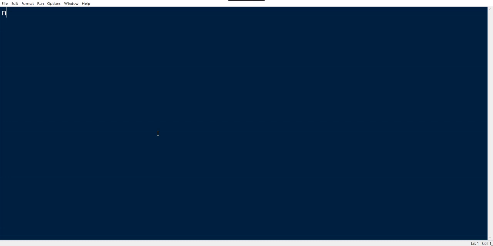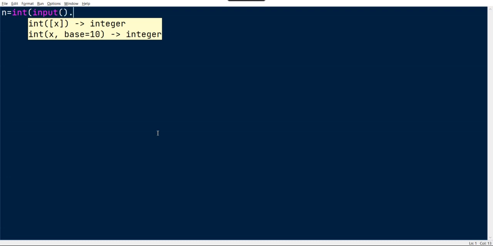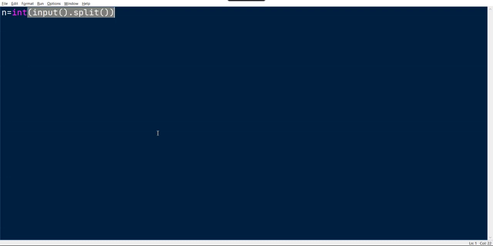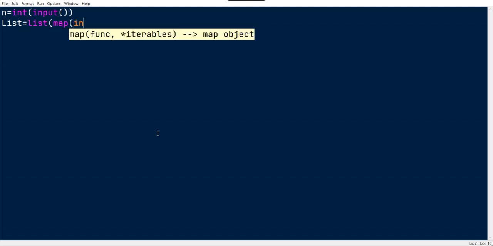First, I need to get the value of n. It's a single integer value, so we just stick with int of input. Now it's time to get the list: list of map of int, input dot split.